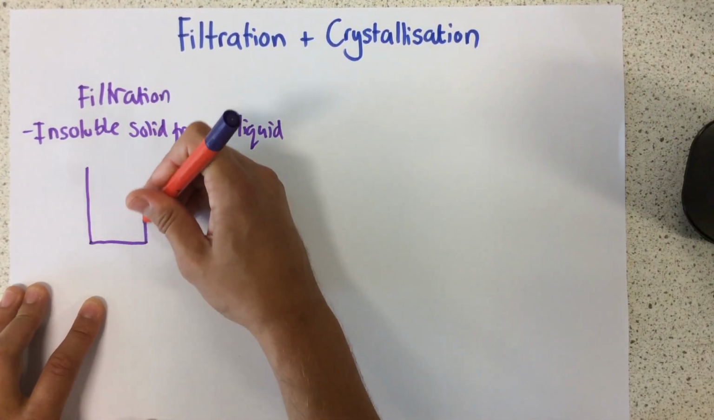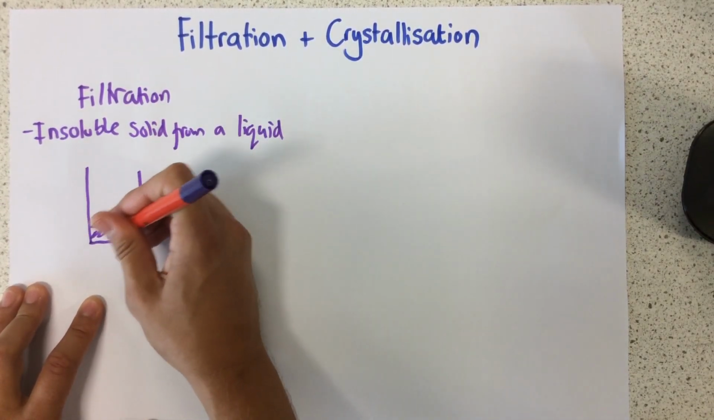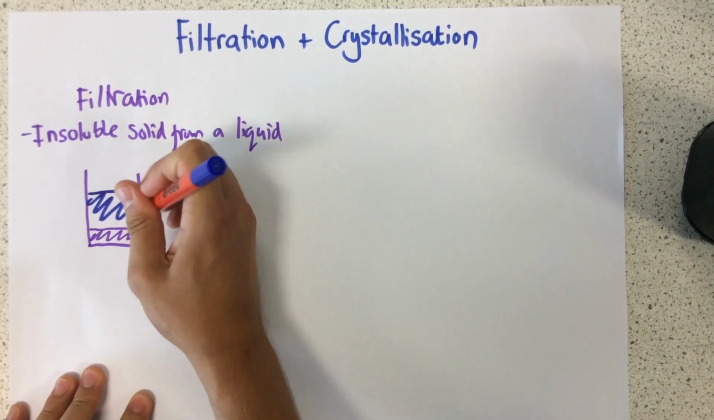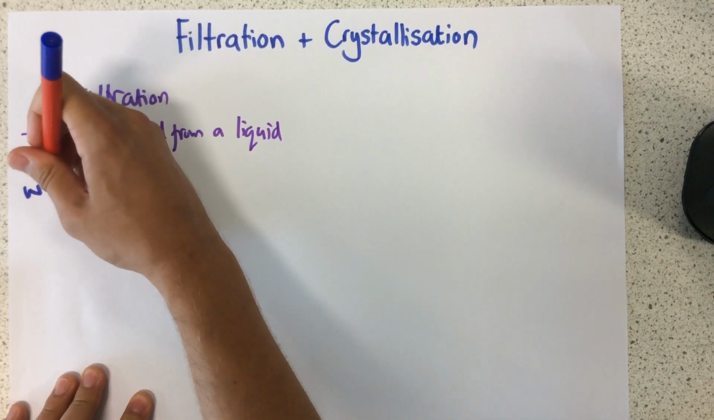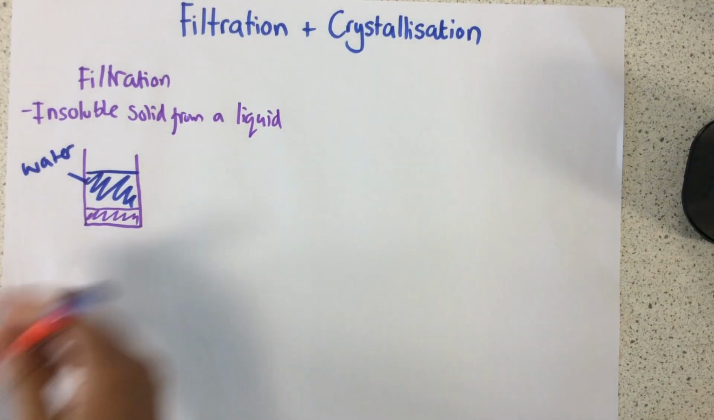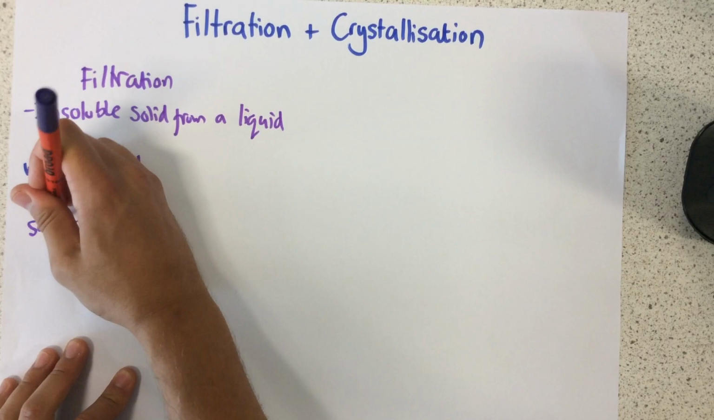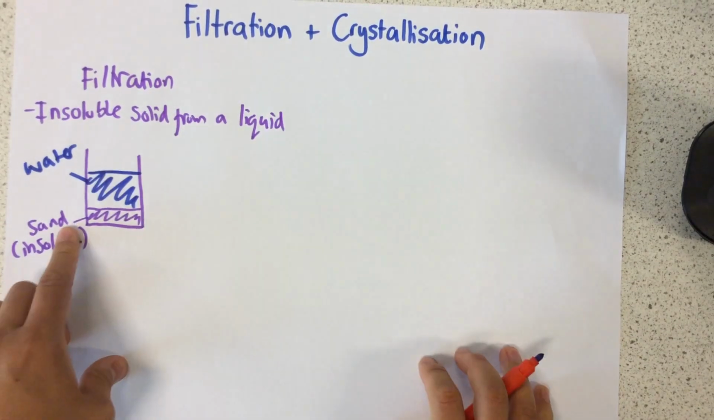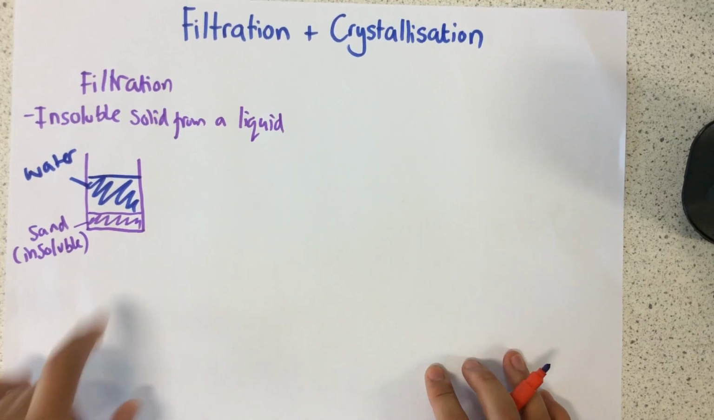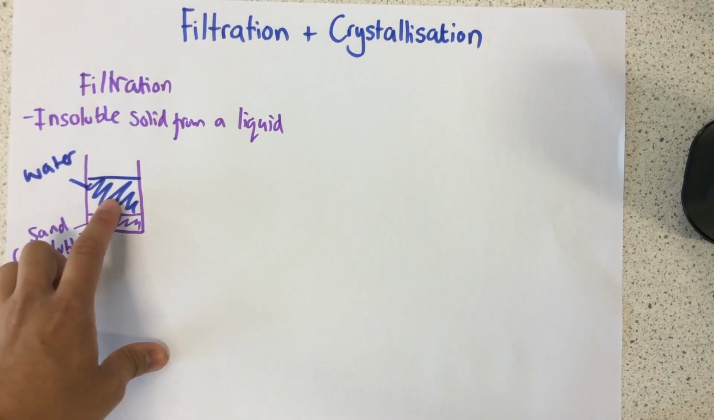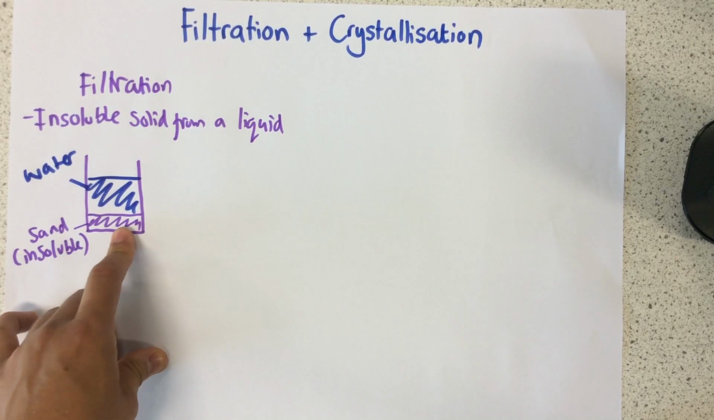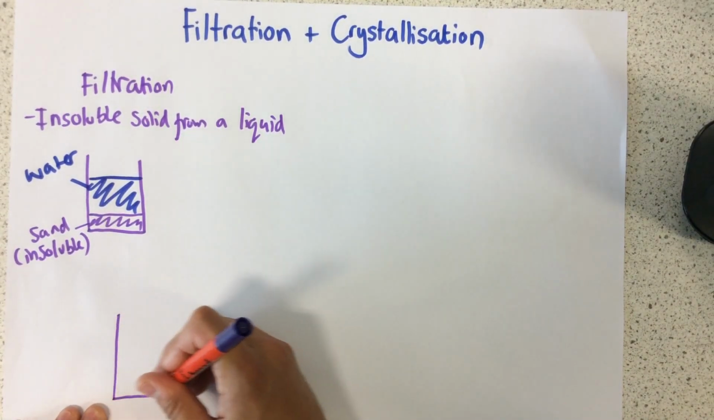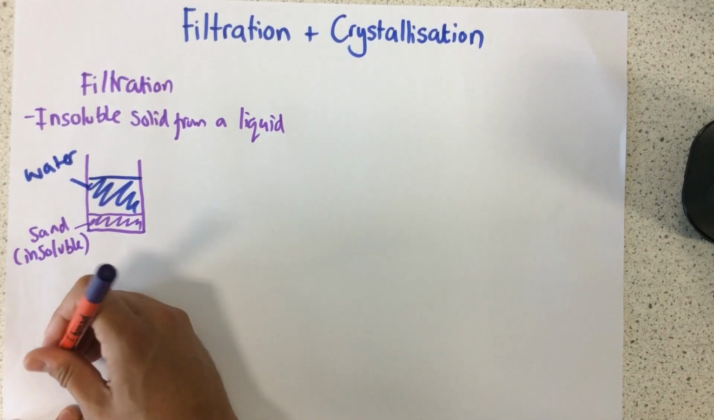So here I have a beaker, and in that beaker I have a mixture of sand and water. So my sand is my insoluble solid because sand does not dissolve in water. To be able to separate the water from the sand, I'm going to use filtration, which is a really simple process. All that I need is a beaker,